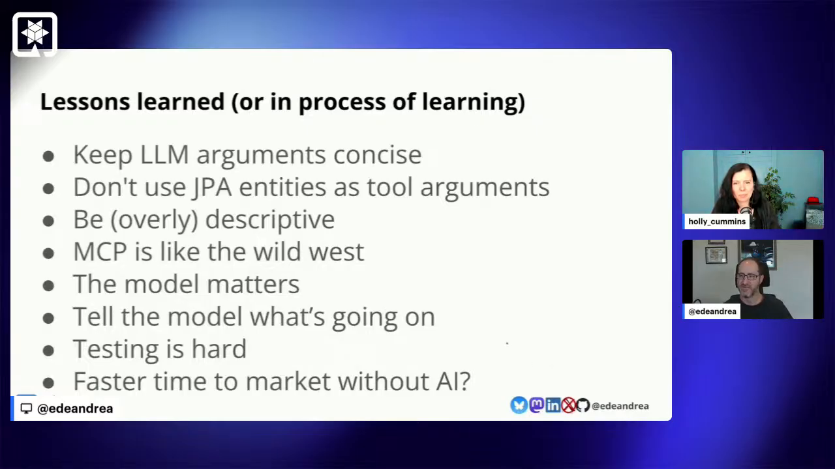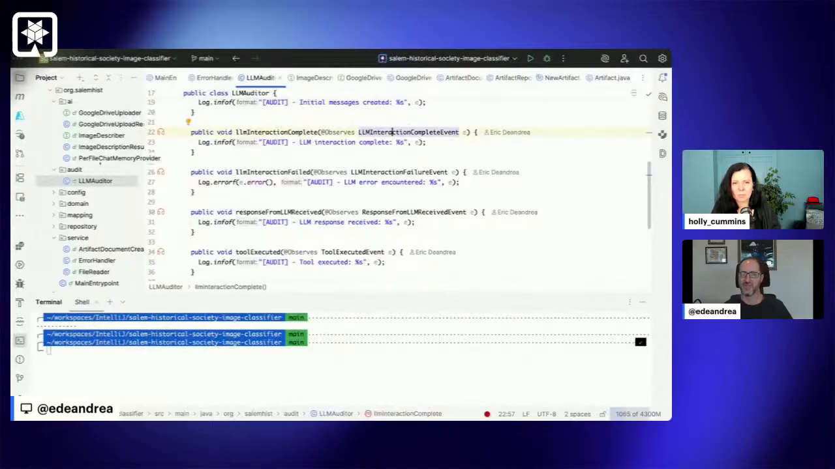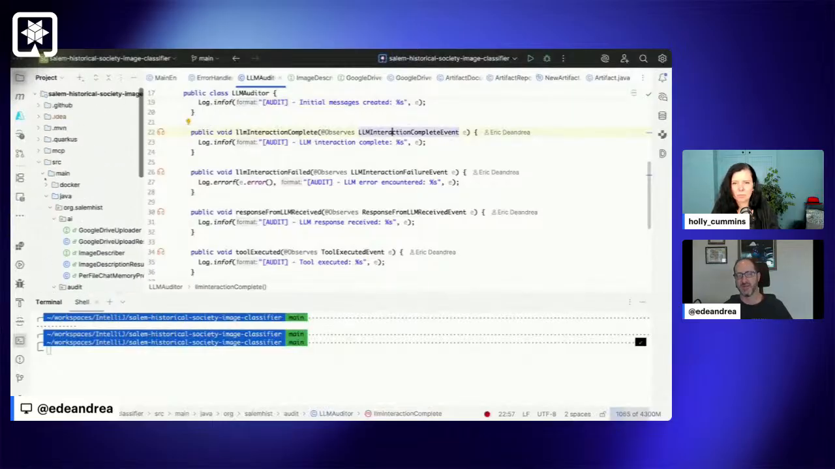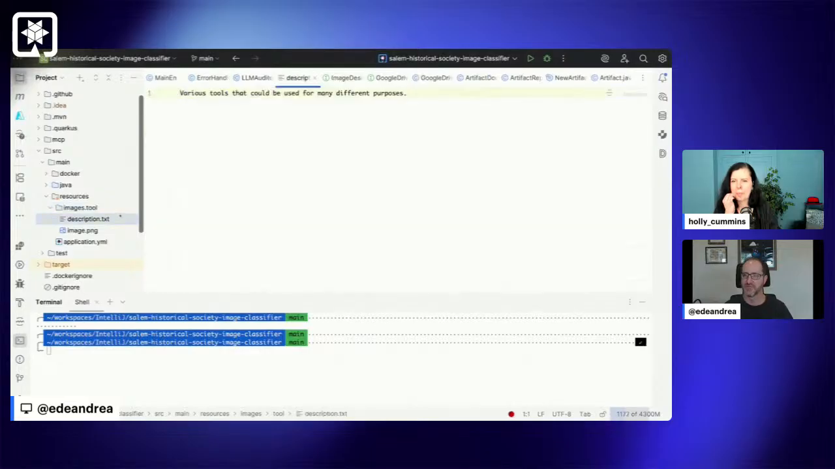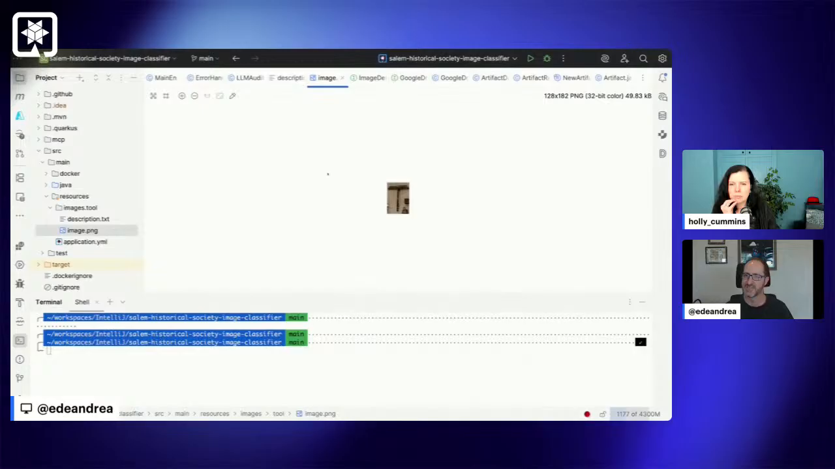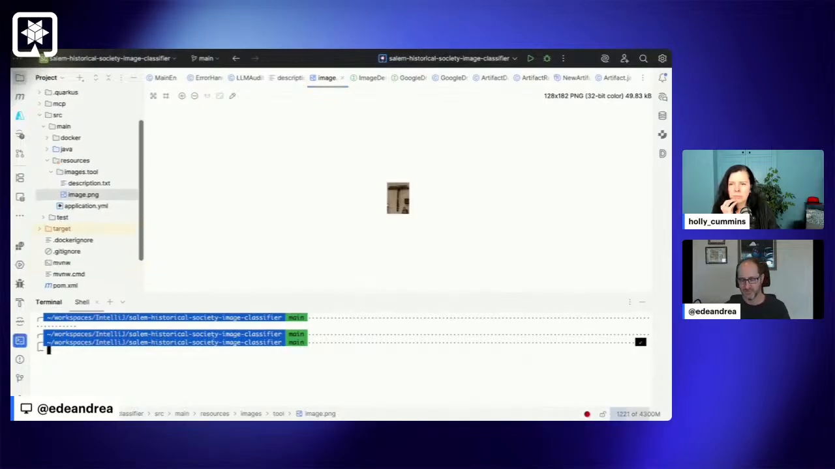Yeah. So I can run this and show what I've got. I've only got one image here, and I've just put it on the classpath for now. I have this folder, images, and then a tool folder. I've got a description file, nothing. And then I've got a picture of whatever this thing is, right? And so if